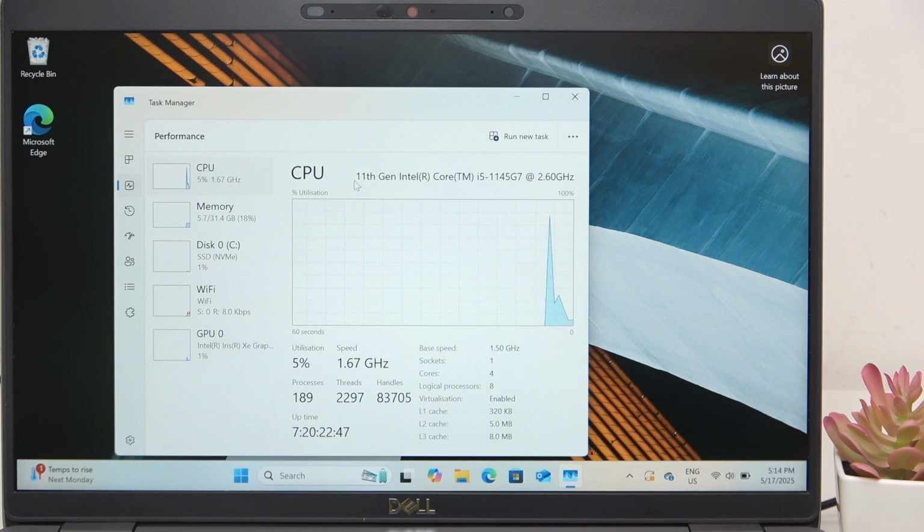You can go to the CPU, see the CPU. In my case it's the 11th generation Intel Core i5 1145G7. It has 4 cores, 8 logical processors. The base speed is 1.5, but